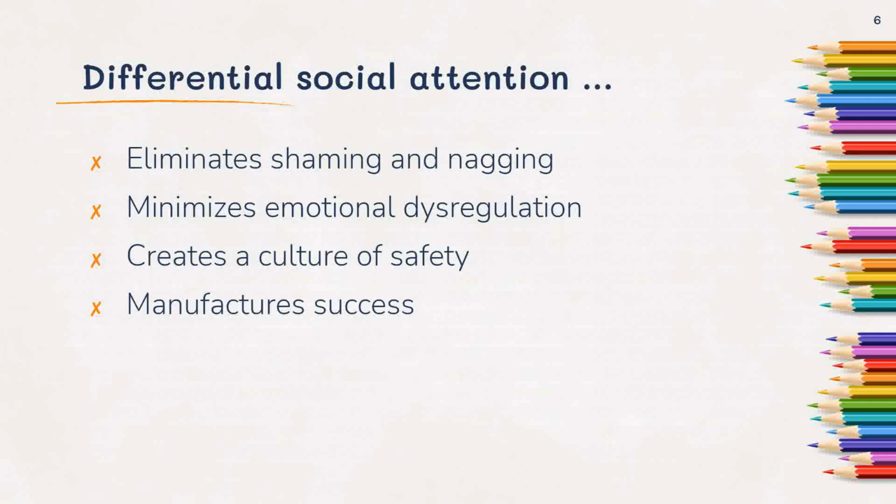It manufactures success because you're not nagging. When we're nagging students, we're not telling them what to do. We're simply describing what they should stop doing. When we are giving our social attention to the students that are doing the correct things, we are constantly putting out into the air, this is what it takes to be successful. This is what you should be doing. And it helps students have that safety to where, if they're not meeting your expectations, it doesn't take long for them to figure out what will meet your expectations. It's not a mystery, because you're constantly verbalizing about students that are doing the right thing.